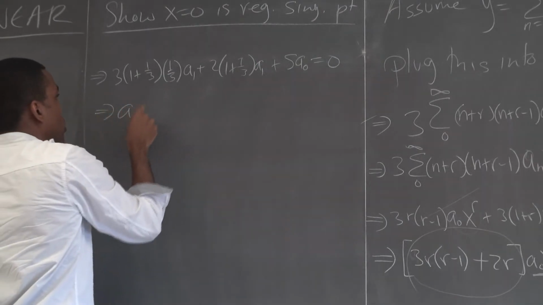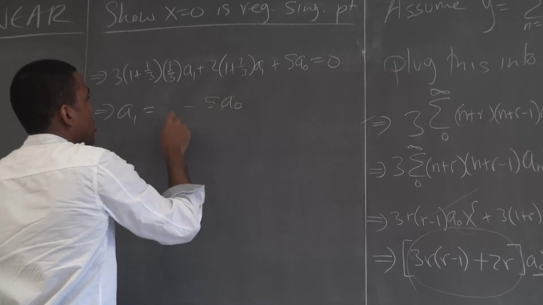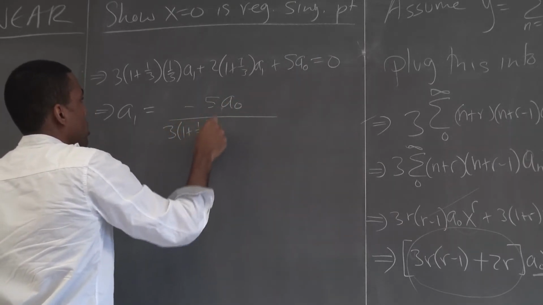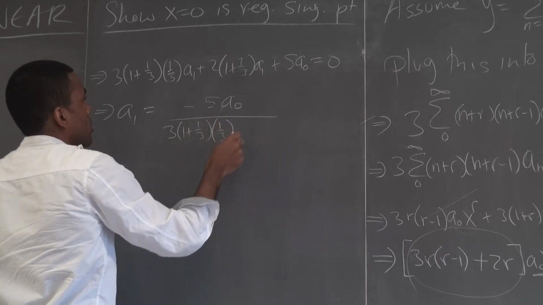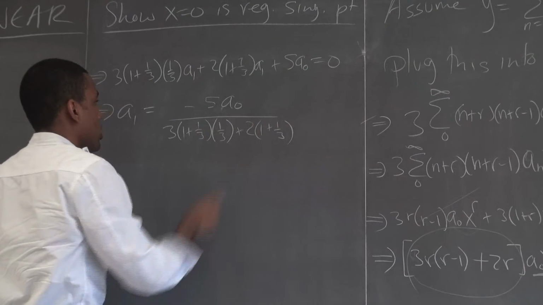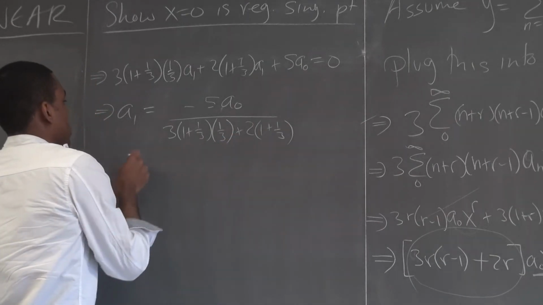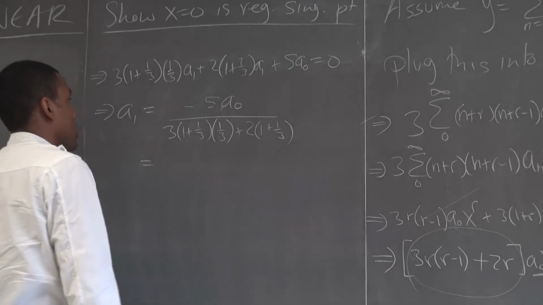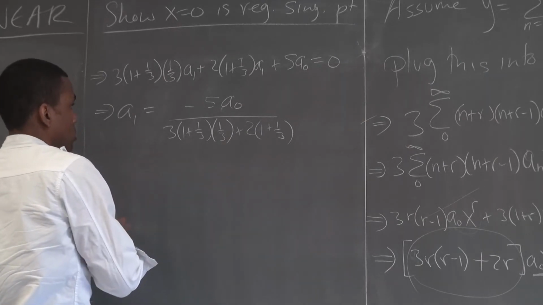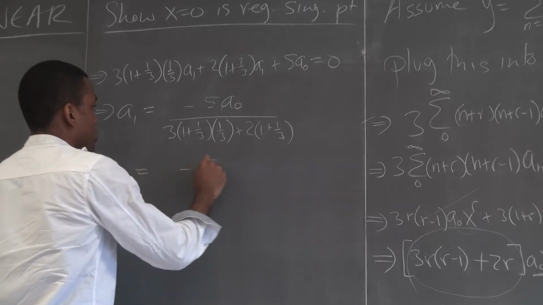This means that A1 is equal to minus 5A0 all over 3 times (1 plus 1/3) times 1/3 plus 2 times (1 plus 1/3). You should notice that this will coincide with this. And so it equals minus 5 over